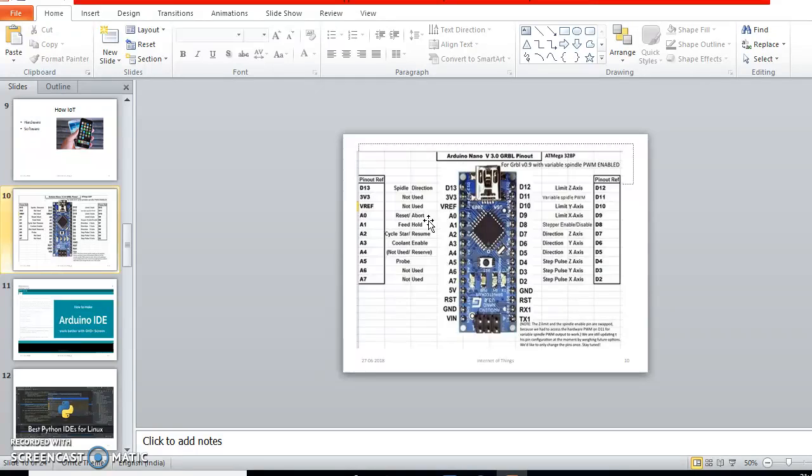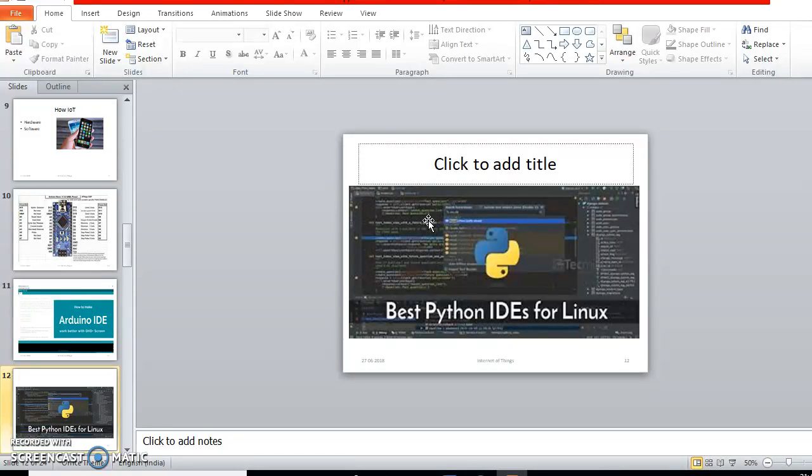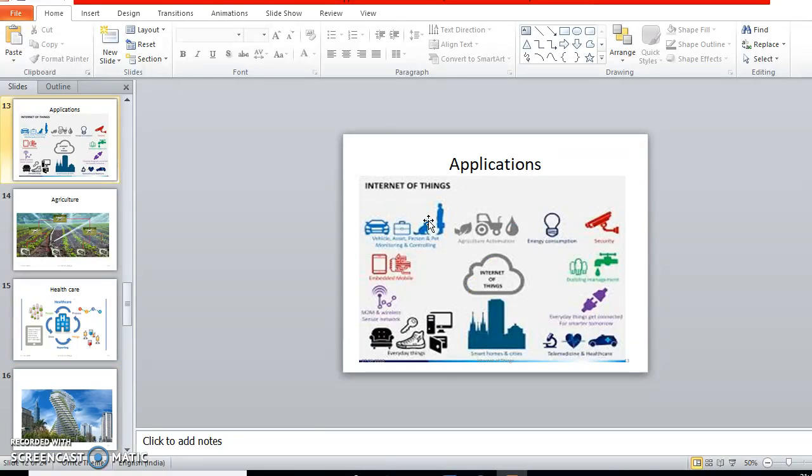With these microcontrollers we need some sensors, some actuators, some connecting wires, some resistors, capacitors, transistors, potentiometers or variable resistors, etc. We need this kind of hardware stuff. And we need software things like the programming part. We generally do the programming in some IDE like the Arduino IDE or the Python IDE. The languages we mostly use to program IoT devices are C and Python.